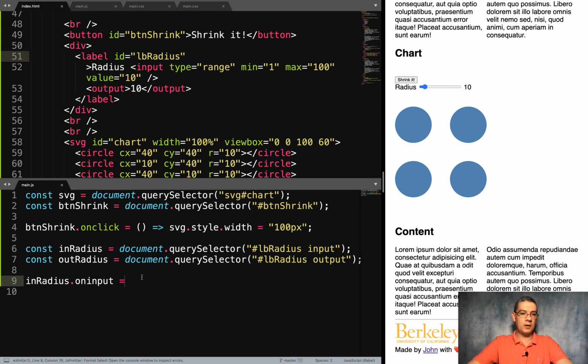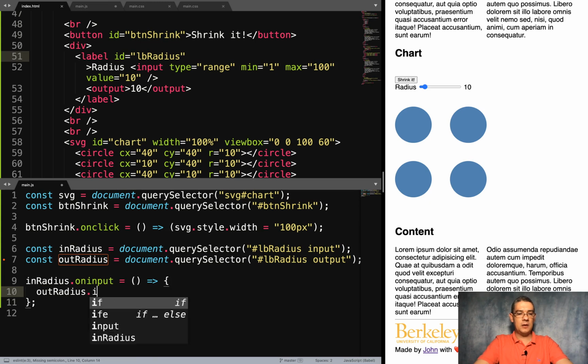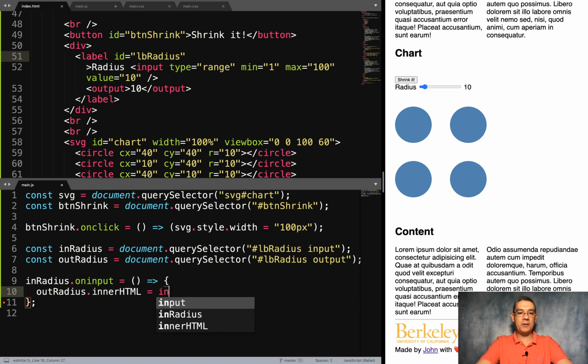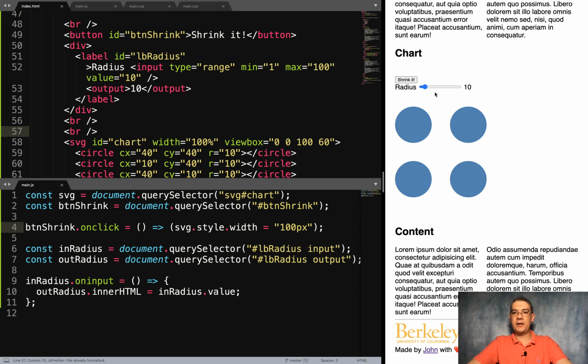So in this case, I'm also going to create another one. And in this case, this has multiple lines, so I'm going to put brackets in there. First, I'm going to change the value of the inner HTML. The inner HTML of the output is going to be the current value of the input. Okay, so when I do that, if I save here, and then I come here, then now I have that